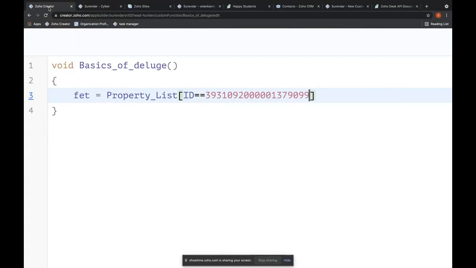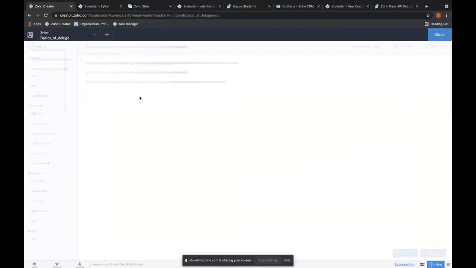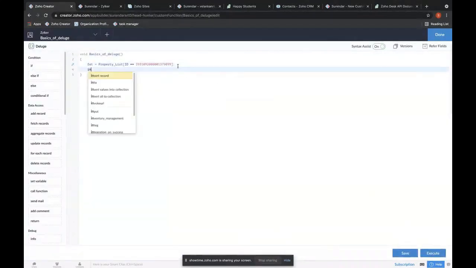So here you can see whenever I'm typing it, the Deluge builder automatically predicts the next steps. So here you can see info fetch dot. So let me open it back. Info fetch dot seller details. Okay, get the